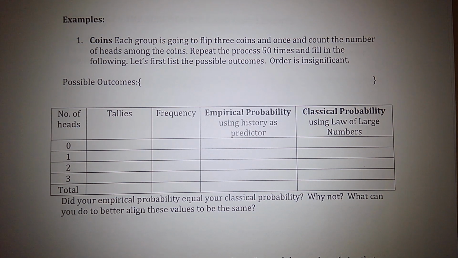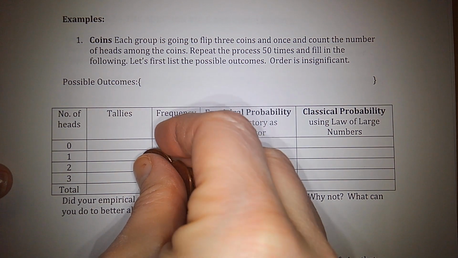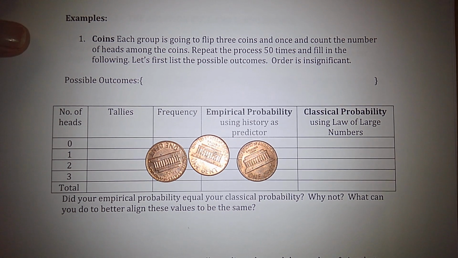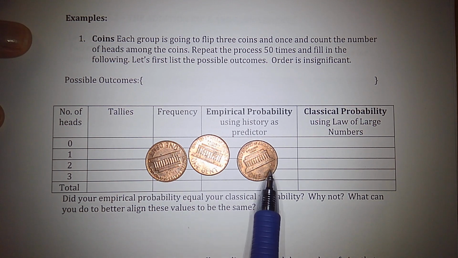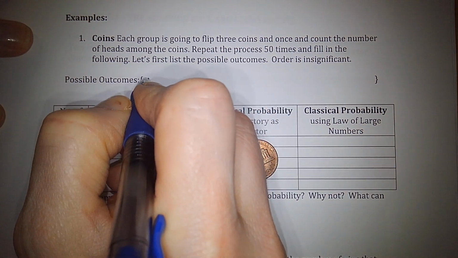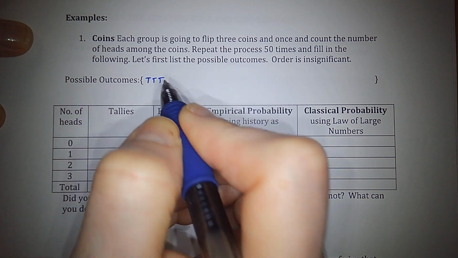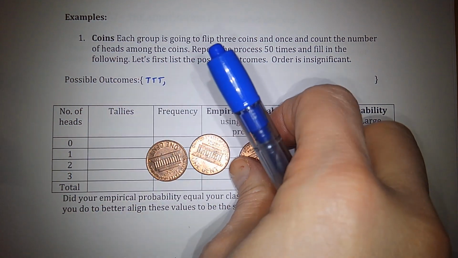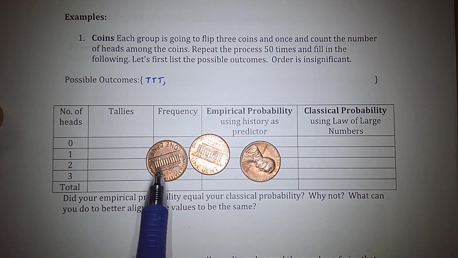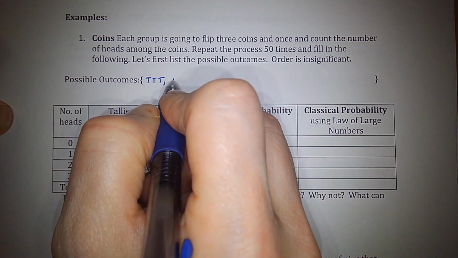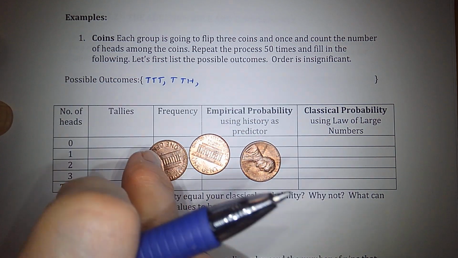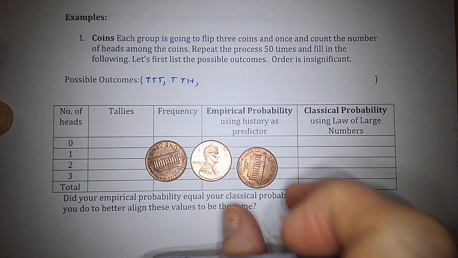When I flip 3 coins, for example, it might be these 3 pennies here, and I flip all of those pennies in the air and they all land, this is one possibility. They could land all tails. So one possible outcome would be tails, tails, and another tails. I could also flip it so that it might be a tails, tails, heads. It could also be a tails, heads, tails.